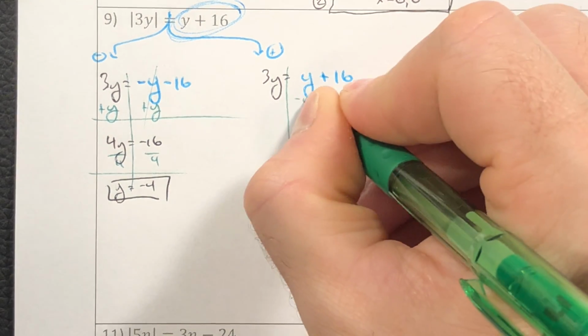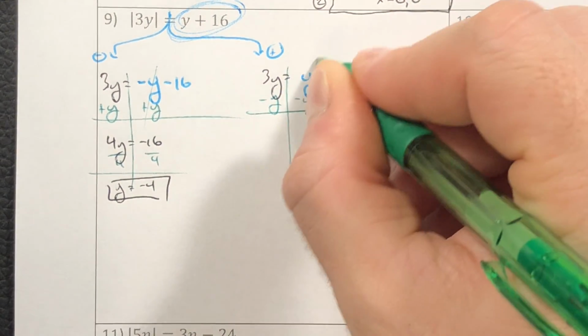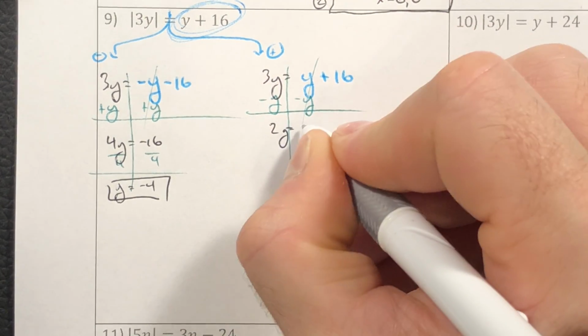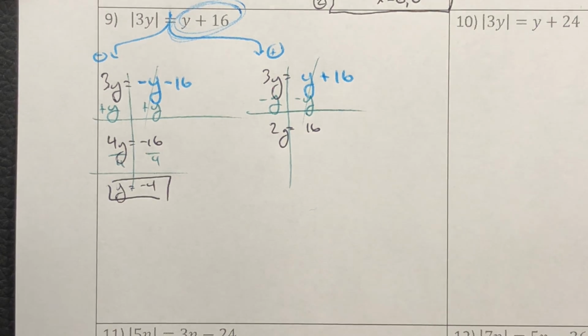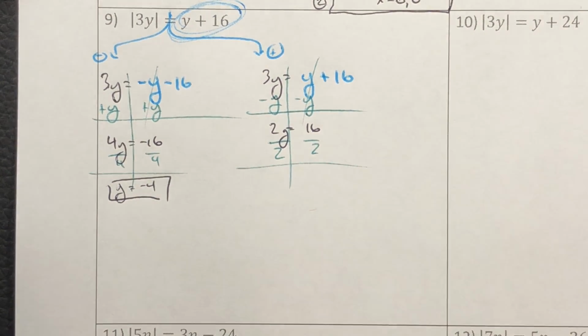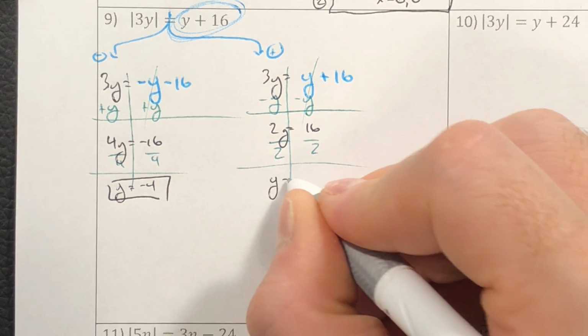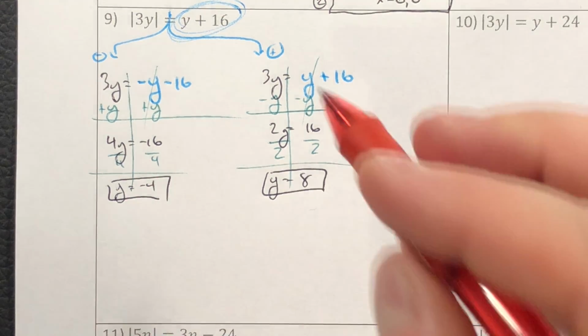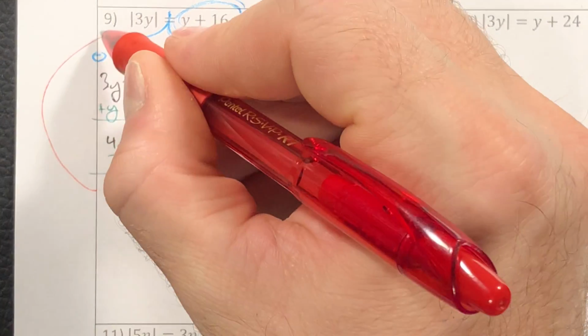Answer choice number 2, I subtract a y over here to get rid of this y. That leaves me with 2y is equal to 16. To get rid of the 2, I divide by 2, which leaves me with y is equal to 8. Perfect. So now I'm going to take my 2 answers, and what I'm going to do, I'm going to plug